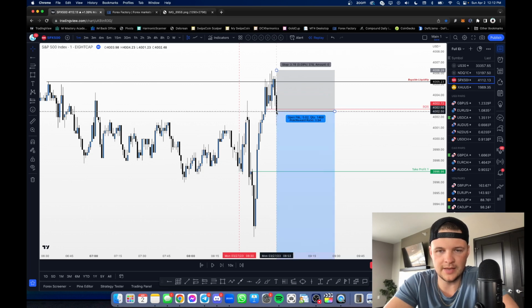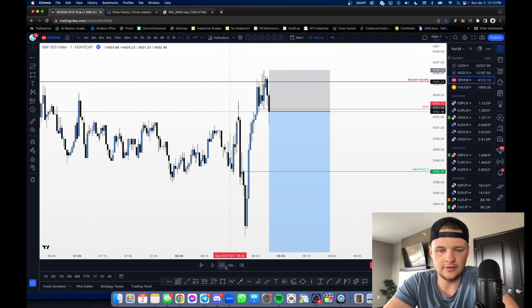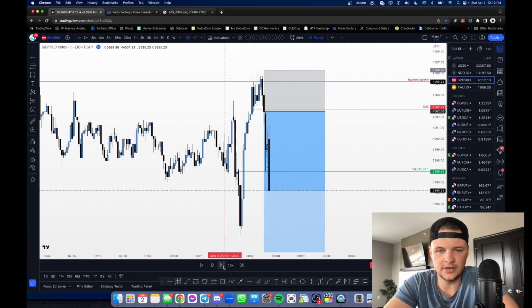So it pushed past, but then it came and it closed below. You guys see how it closed below that level? That's where you take the entry from, right? So you take the entry there, and then from here, price ends up pushing. We hit TP1 at take profit 1. You can manage it however you would like.